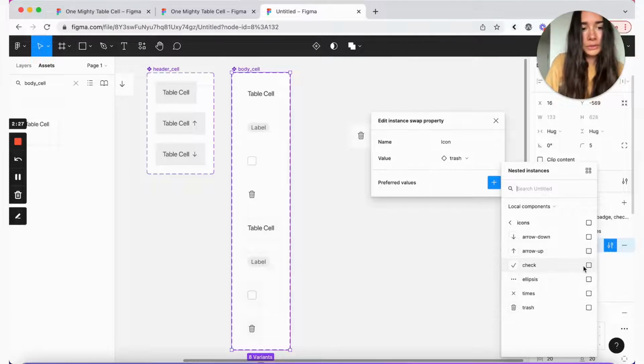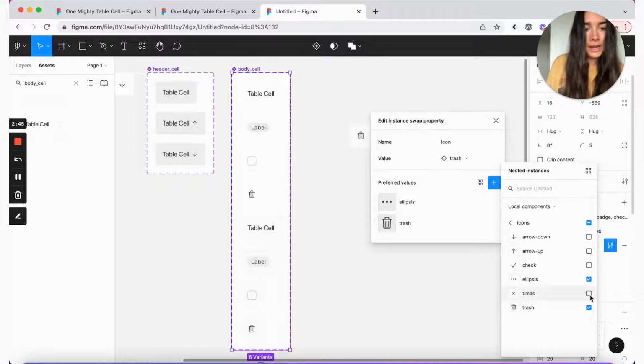We also don't really have a use case for a checkbox, but we do have a use case for ellipses if, let's say, there are some certain actions that are associated with each row. So we'll select that one. Obviously, we want the trash icon and we want the times icon, let's say, if we want to remove a row and not delete it.